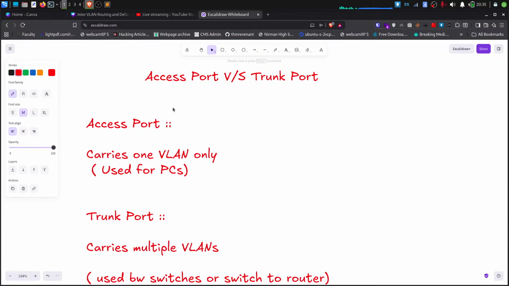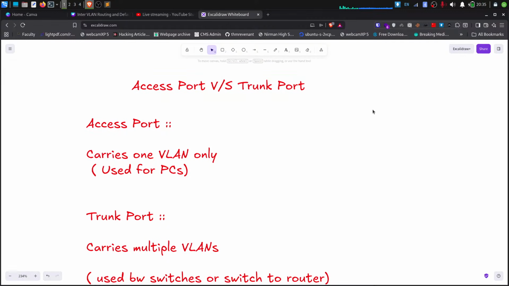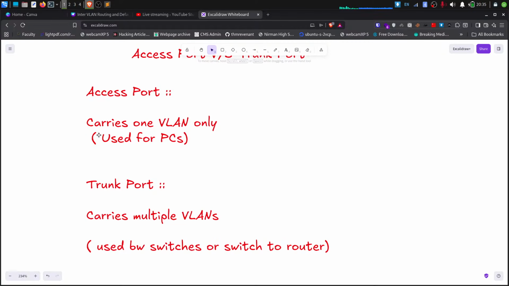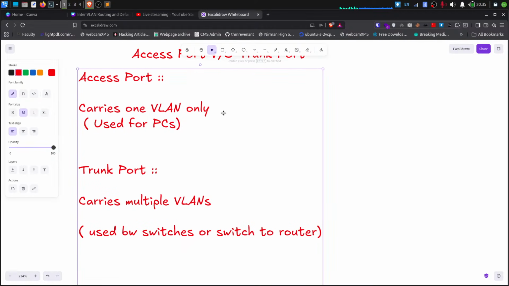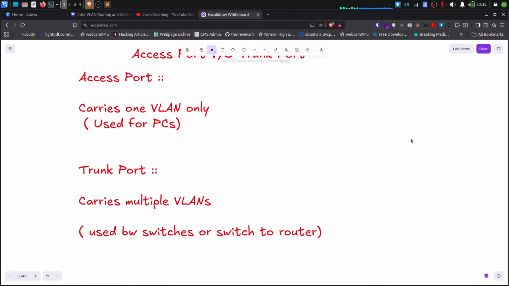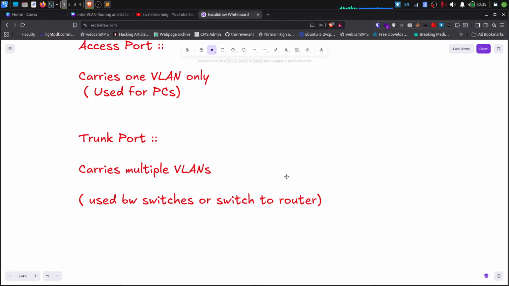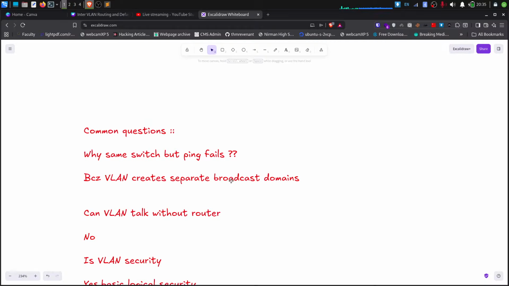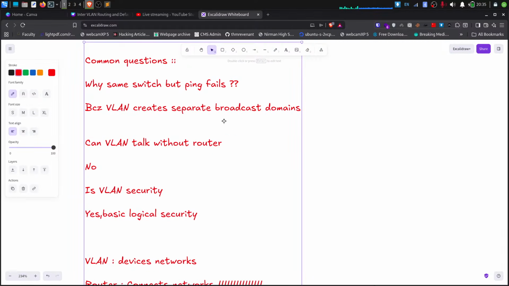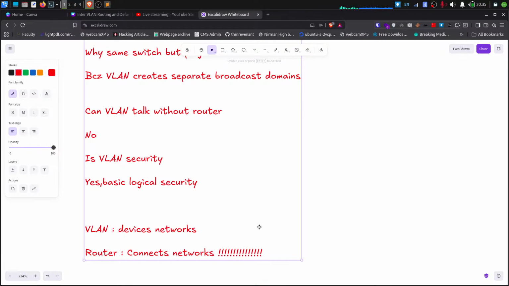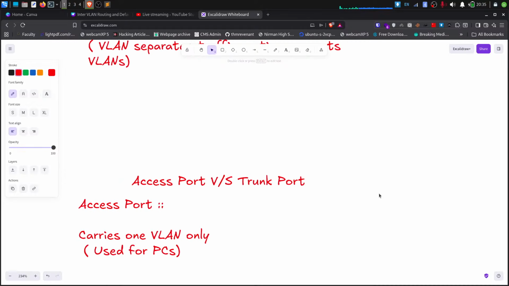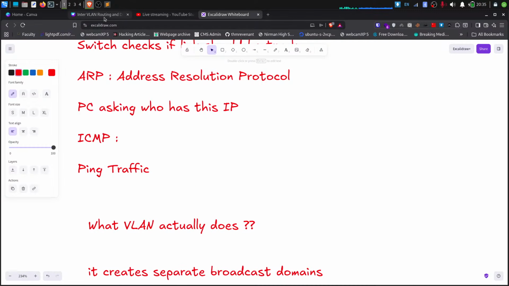In yesterday's session, we had access port versus trunk port. So what was access port? Basically, it carries one VLAN only, like it is used for PCs. And trunk is basically carrying multiple VLANs between switch to switch, router to switch, router to router, something like that. And there were some common questions here. This was in yesterday's session. Now, let us understand